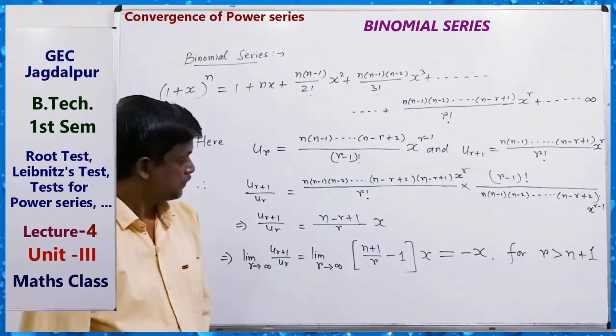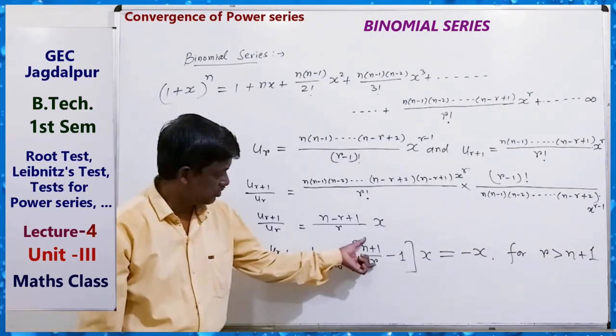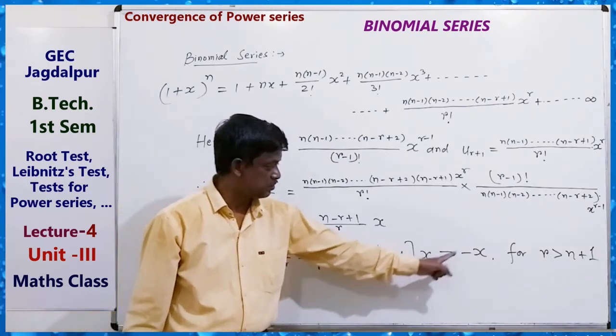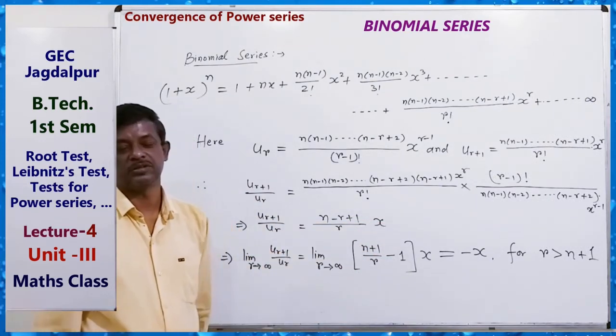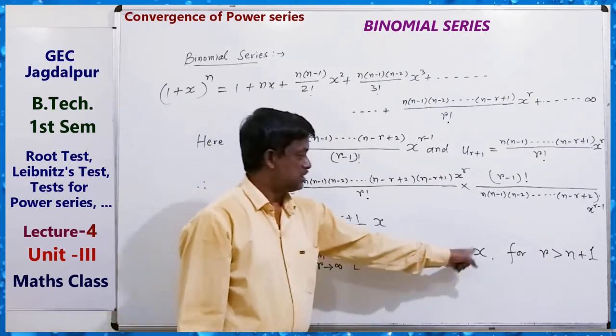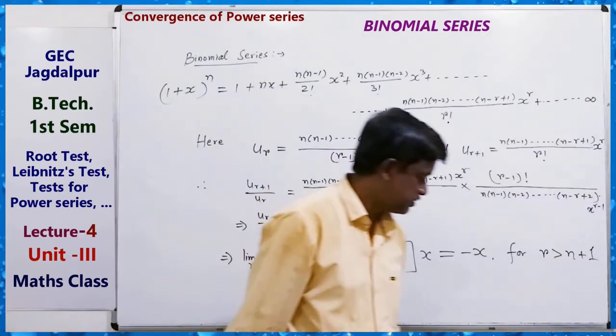Clear? Its limit is tending to 0, minus 1 into minus 6, minus 6. Here r is greater than n plus 1. So this is my mod x. So by ratio test,